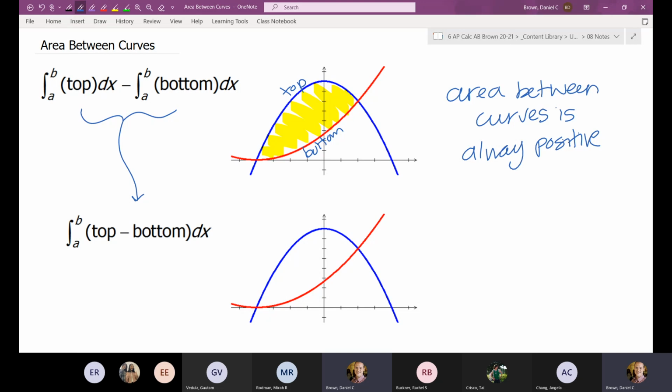Yes, Evan? You have the area between the blue and the red, with the blue on top and the red on the bottom. You go past x equals 2 a little bit, you have red on the top and blue on the bottom. So when I say area between curves, it's going to be some bounded area. But what you're asking, say if I wanted to find the area, and you're imagining extending it, and maybe wanting to find the area of that deformed fish type shape,